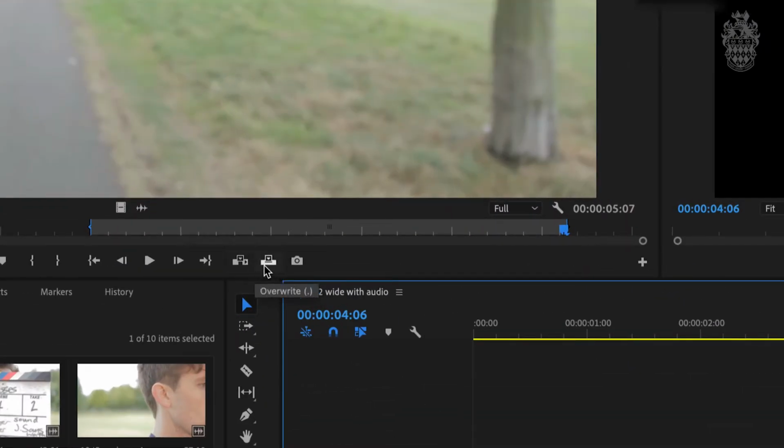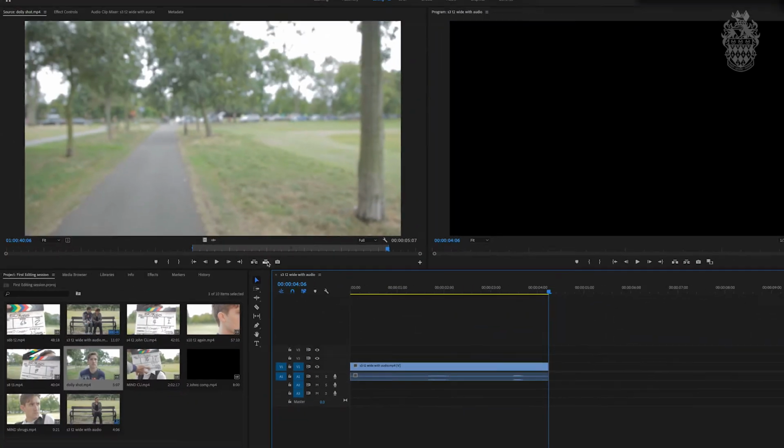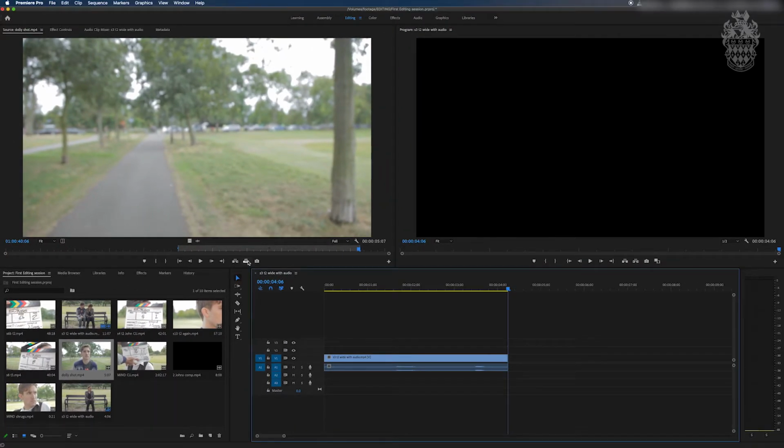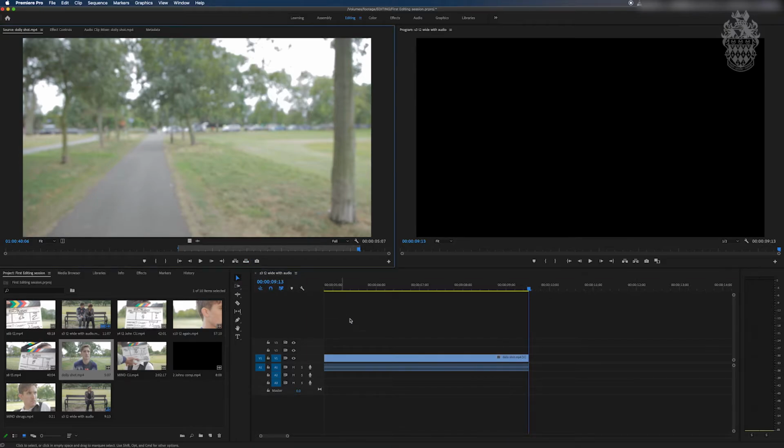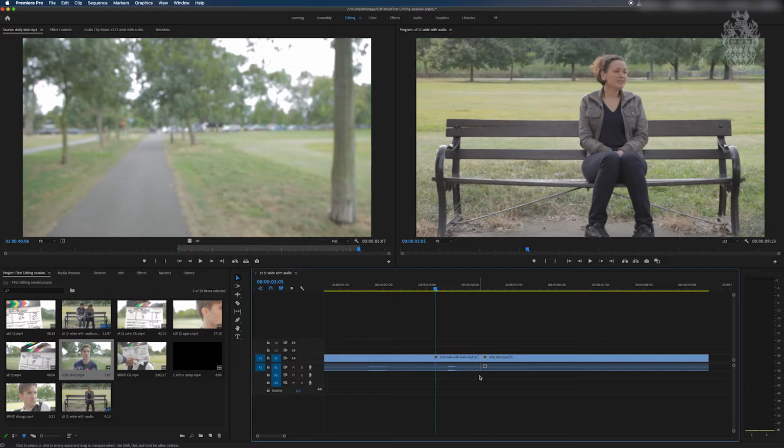So to bring the next shot in, we're going to use one of these two symbols here, overwrite or insert. And for now, we're going to use this overwrite, which is also full stop on the keyboard. So with everything in place, I click on the overwrite button, and that brings our second shot onto the timeline. So we'll just play from our first shot